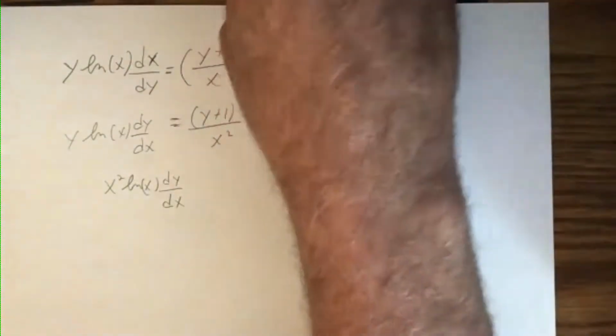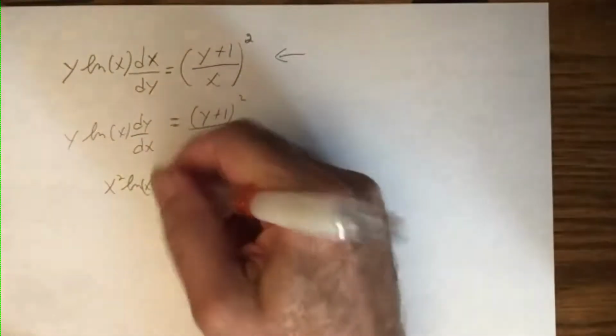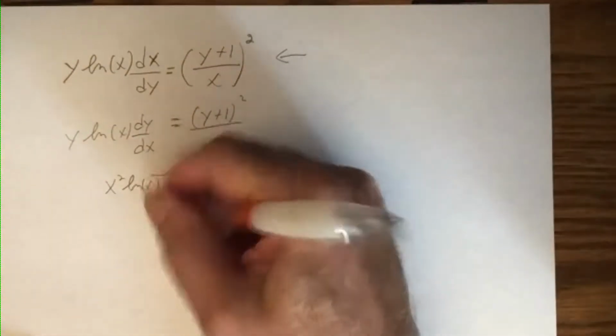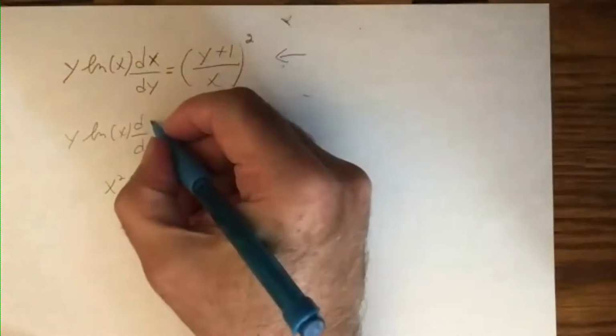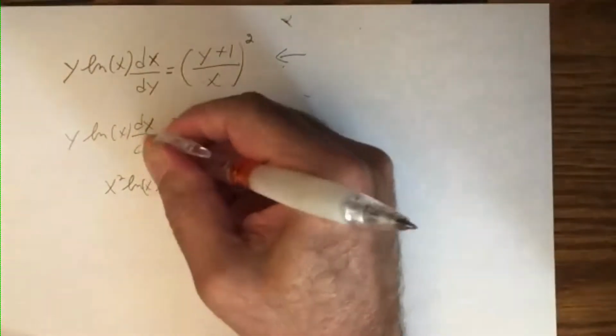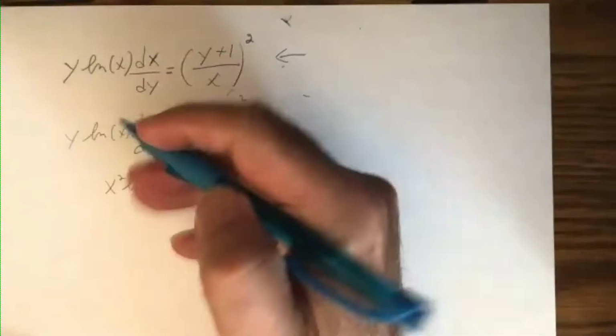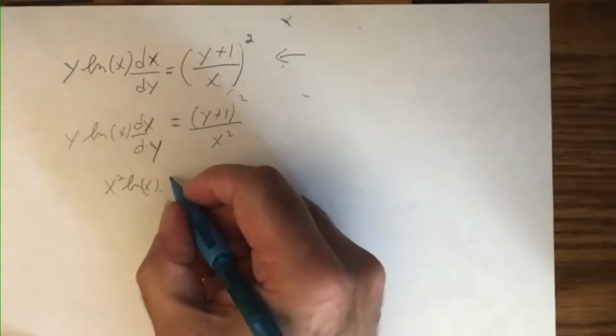Wait a second, it's dy dx. So in this case here, the x is on the top and the y is on the bottom. Okay, so then this is going to become